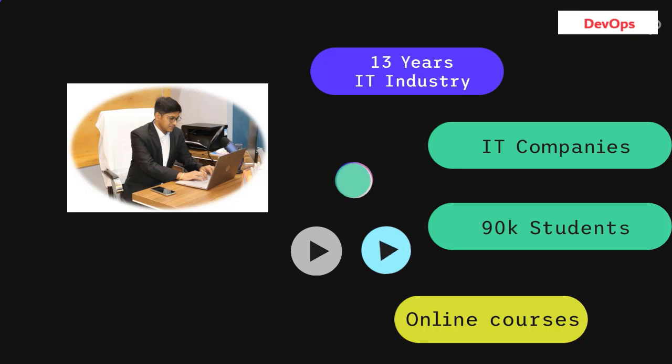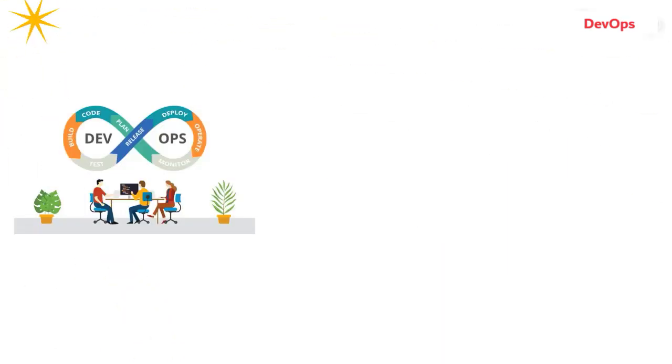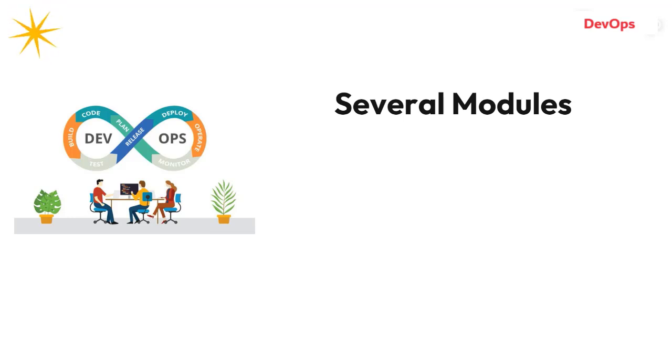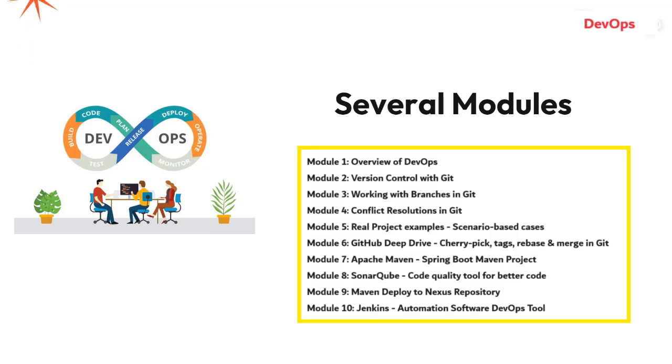Let's take a look at the course curriculum. This course is divided into several modules. Here we have overview of DevOps, version control with Git, working with branches in Git, conflict resolution in Git, real project examples, scenario-based cases, GitHub deep dive, in which we'll discuss cherry pick, tags, rebase and merge in Git. And then we'll have the Apache Maven, Spring Boot Maven project, SonarQube, code quality tool for better code, Maven